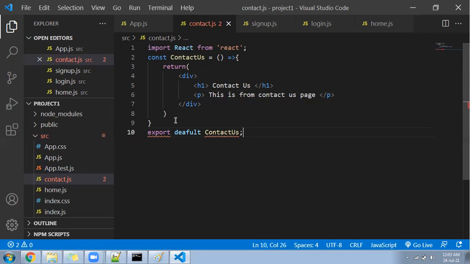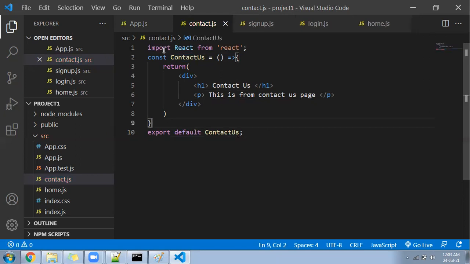Export default, the name of the function is, right? So next, I see some error. What is that error? Okay, export default contact us, the name of the component.